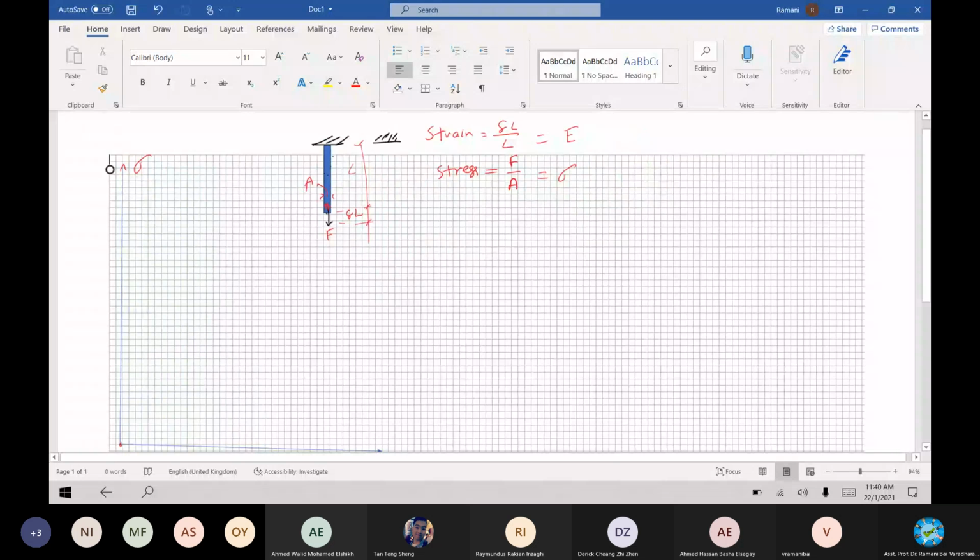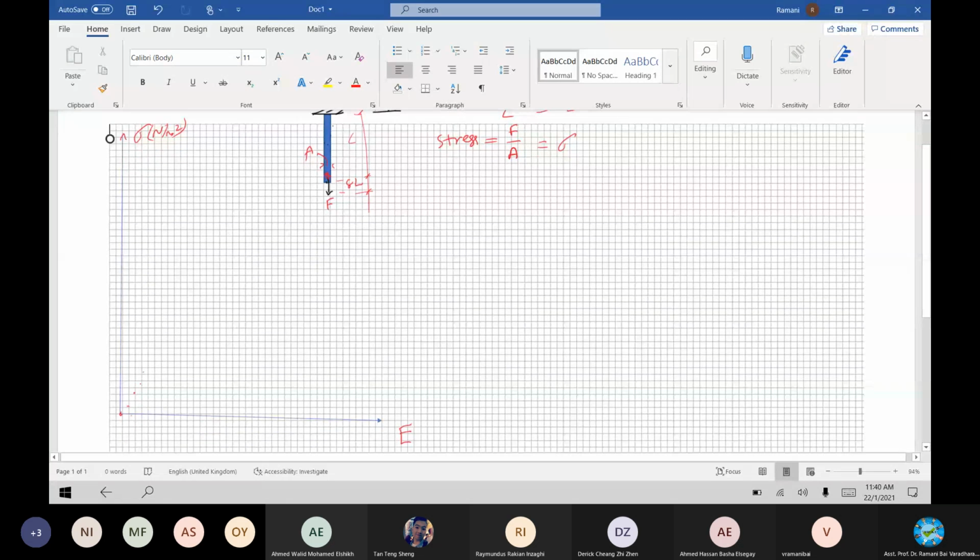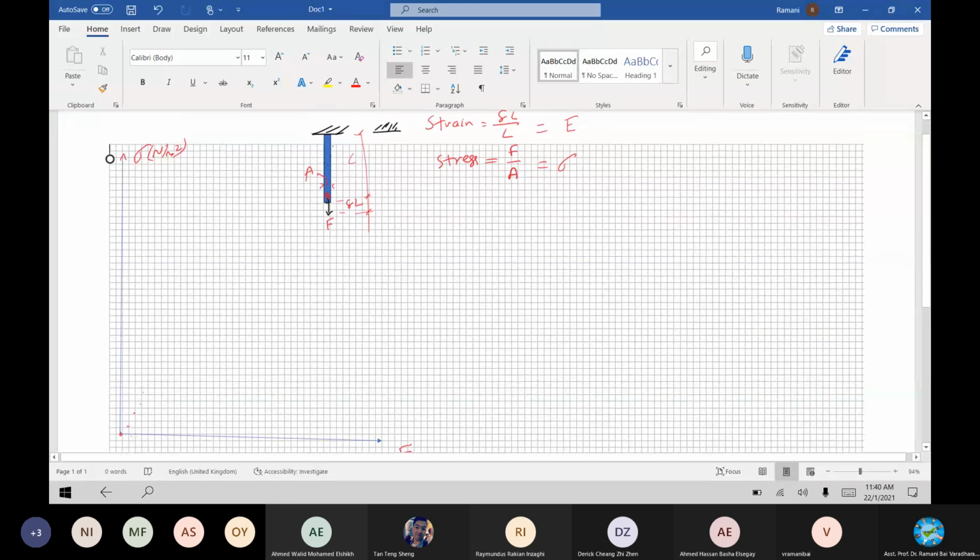When you start loading, the response will be like this. The points will be like this. That means whenever there is a one step of increase in stress, there is a one step here. The unit may be different, don't worry about the unit. The strain has no unit, it is a ratio or percentage. You can make it in any way, but understand the steps only, right?